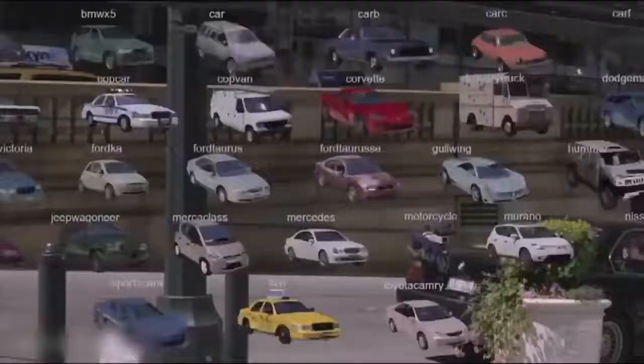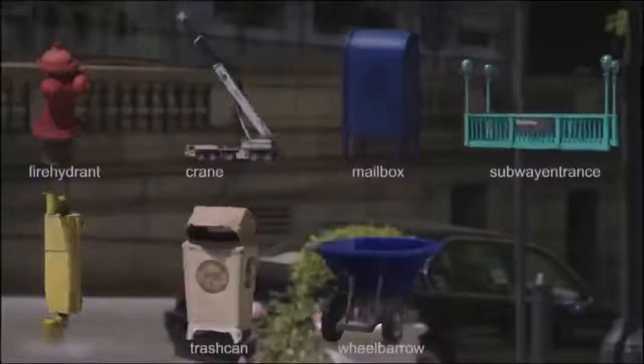Artists had to create cars, mailboxes, fire hydrants, traffic lights, concrete